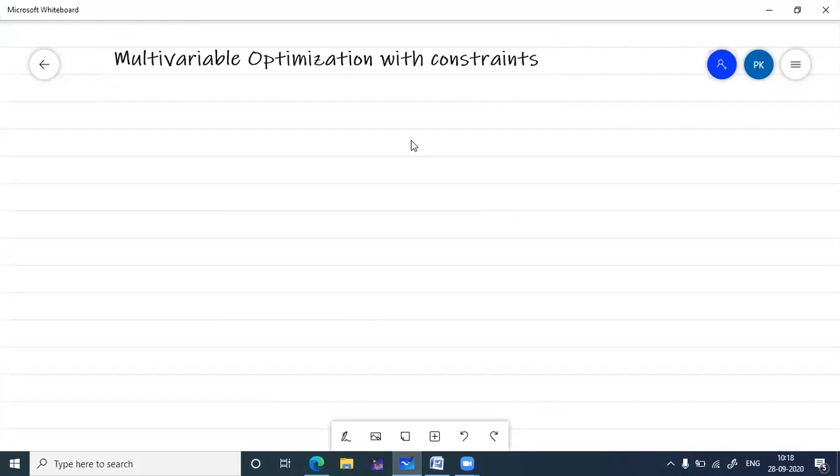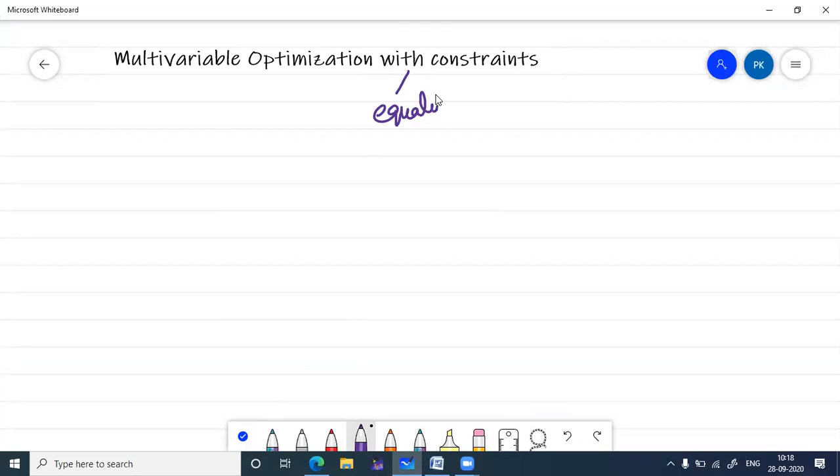So now we have multivariable optimization with constraints. It means the constraints may be equality or inequality. It may be optimization with equality constraints or inequality constraints. Both problems will arise here. And so the general problem here is, in this case,